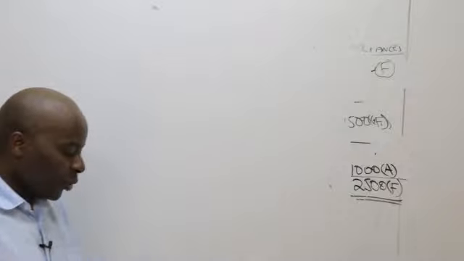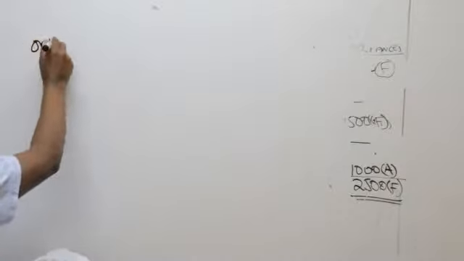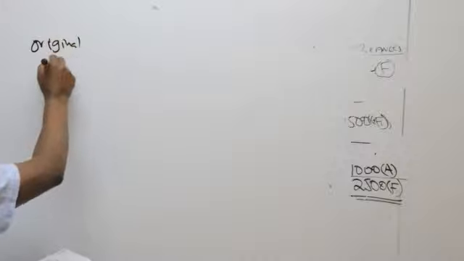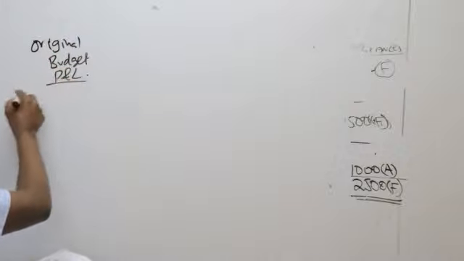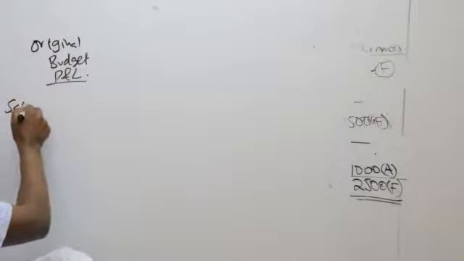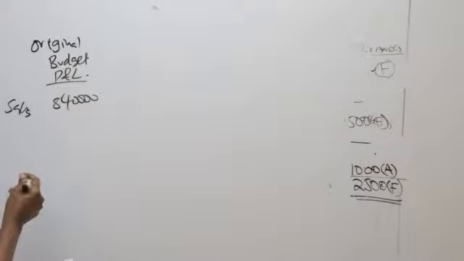Now, what I'll do, first of all, I'll give them their original budget, P and L. So I can see the sales. Sales, 840,000. Direct